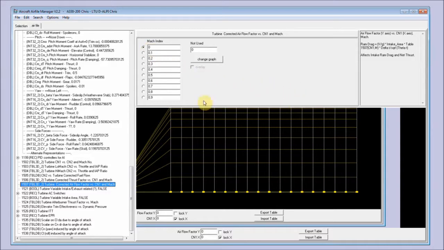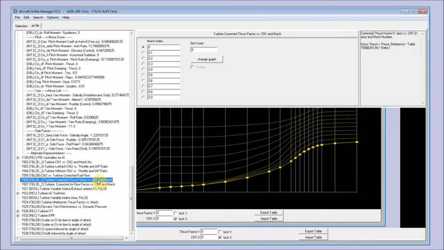And so I could set up all those values here, and it's this airflow factor over CN1. CN1 is a corrected N1 value. Nice also, the formula is over here, how the thing is calculated. So you have an equal value over all that CN1 range. So that was the ram drag, and with the ram drag I could adjust the idle descent simply by adjusting